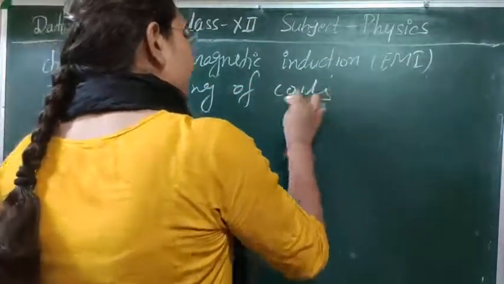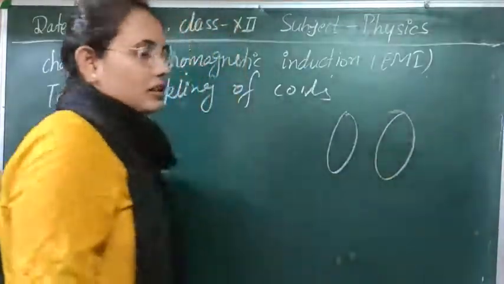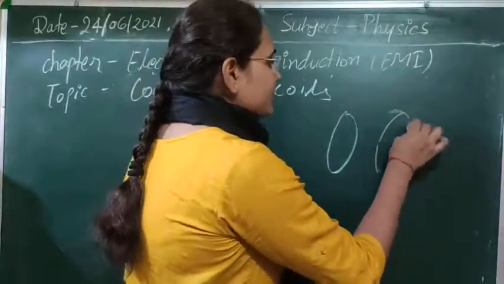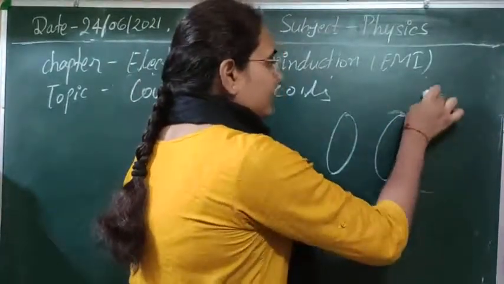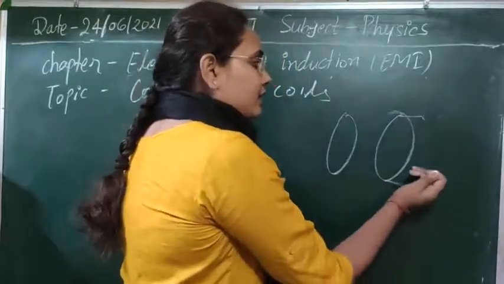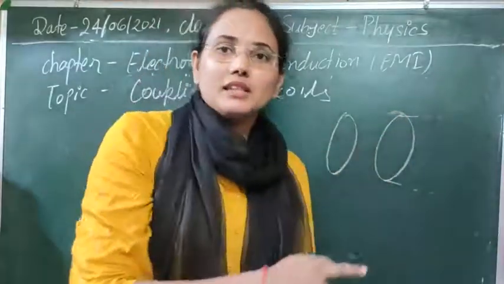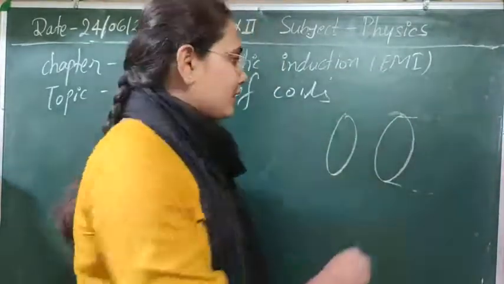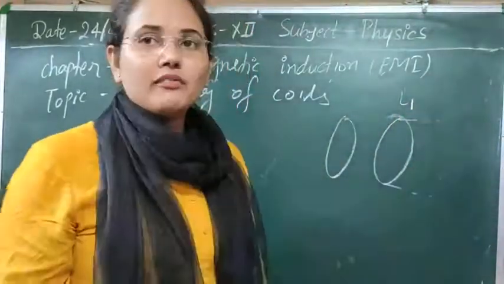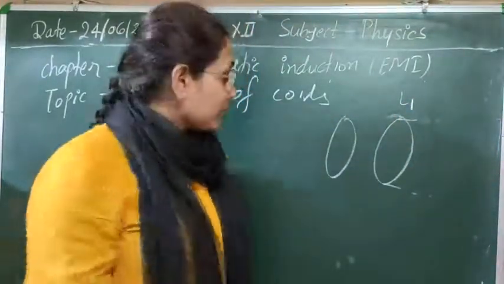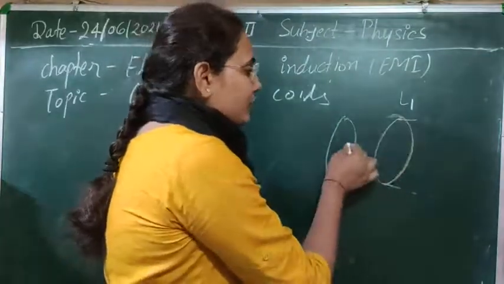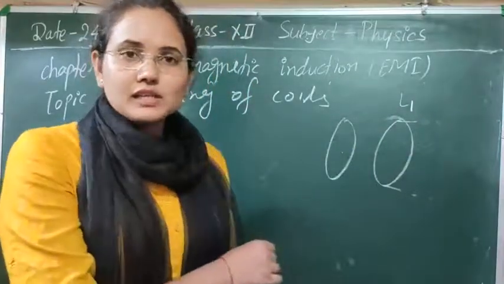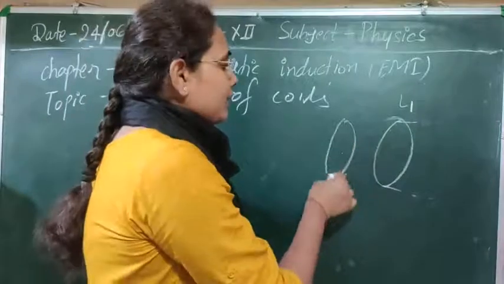Suppose we have two coils here. Suppose in the first coil we have attached a battery and some current I is flowing in it. Whenever the current flows through it, the flux linked with this coil will change and an induced EMF and current will be generated here. Due to that we get the self inductance phenomenon, which can be represented by L1. This change in flux induces mutual induction in the second coil, so here also flux will change, and due to the change in flux an induced EMF will be generated.